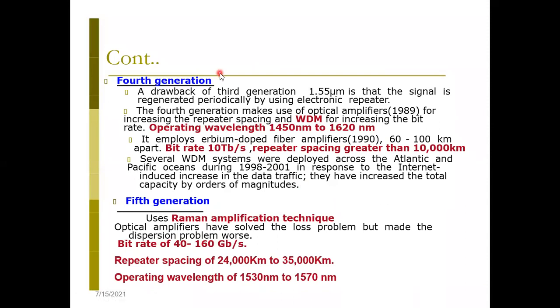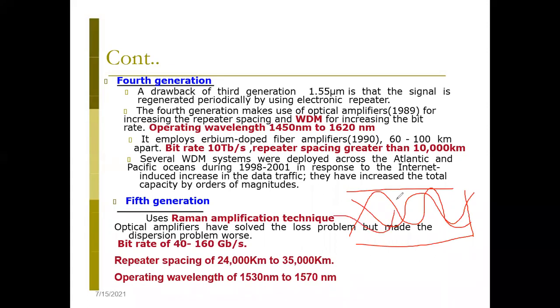I'll try to draw and explain. Suppose here I have a fiber. The fiber has core and cladding. Suppose I am drawing the core. Inside it many waves are traveling. This is one wave, this is a second wave. Now what happens because of dispersion? Considering this particular point, suppose this wave arrives earlier and this wave arrives late. The other wave, after coming from here, hasn't reached yet, it is coming very slowly.